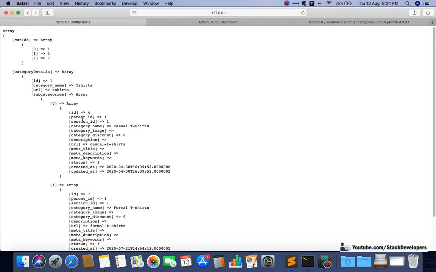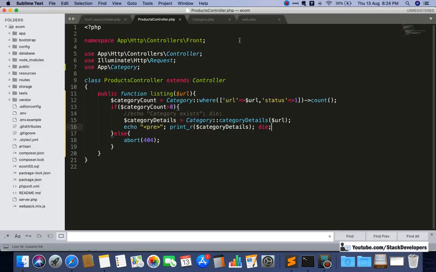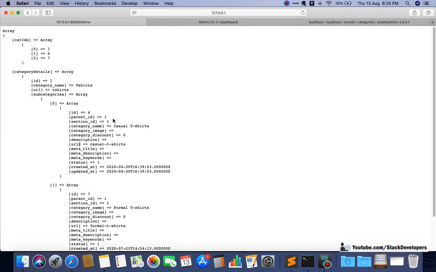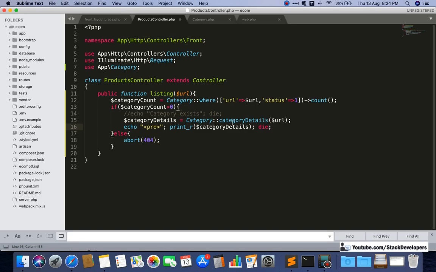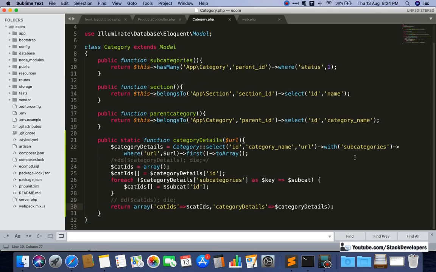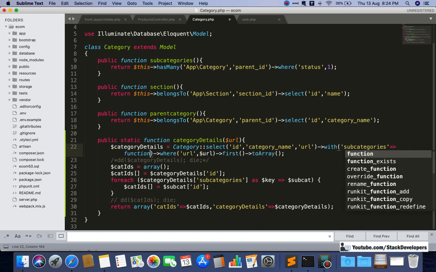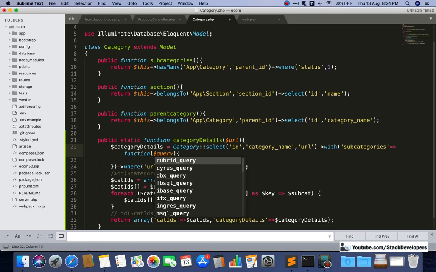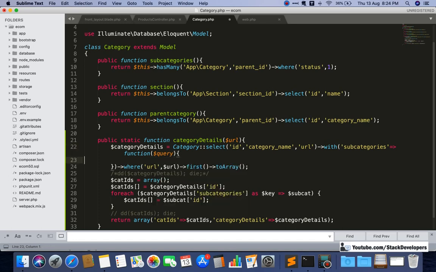In subcategories as well, you can just fetch the category name and category URL. Only the main things, no need to fetch the complete details. So from subcategories as well, we can simply fetch the main details only. And that we can update here if we want. Here we can add the subquery, like a function like this one. In the function we will pass the $query. We have done the subquery earlier also.